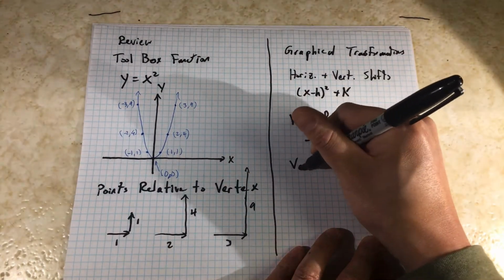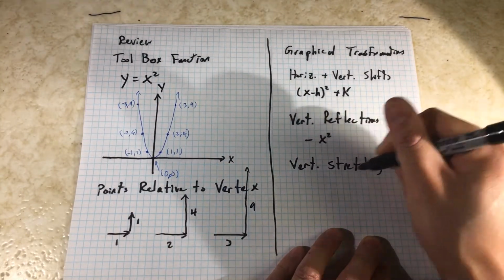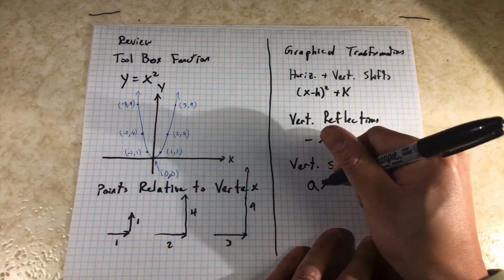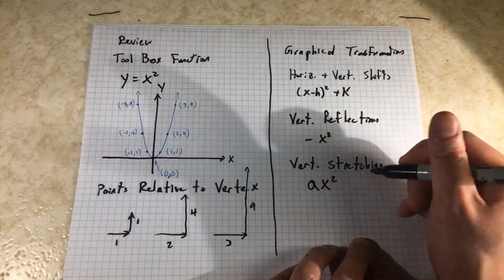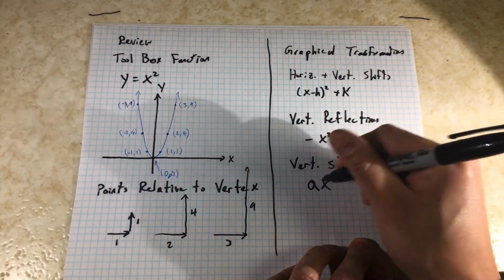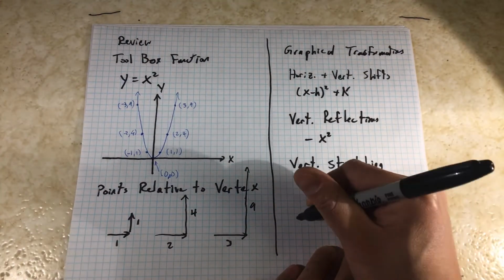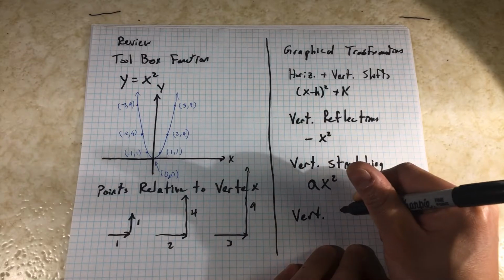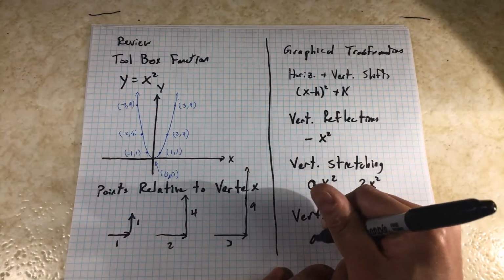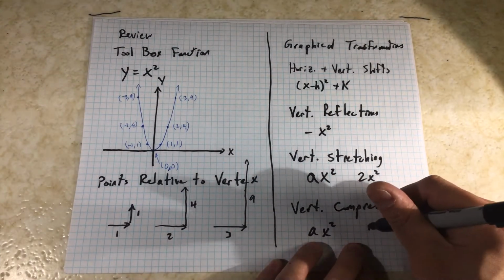We're going to do vertical stretching, which would be something like ax^2, where a is greater than 1. So the example I'm going to show you, but it could really be any number greater than 1, would be 2x^2, a vertical stretch. We're also going to do vertical compression, which again is the form ax^2, but a is between 0 and 1. So an example of this would be 1/2